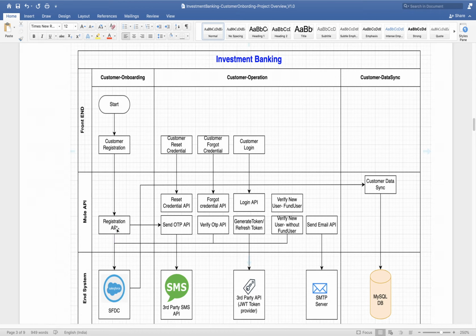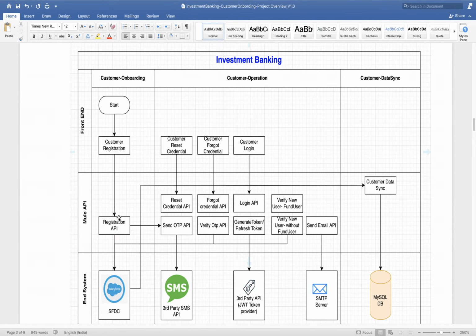It will not impact the entire application. Only a few functionalities will break if something goes wrong in one place. So that is the advantage of API led architecture, and we will follow it.